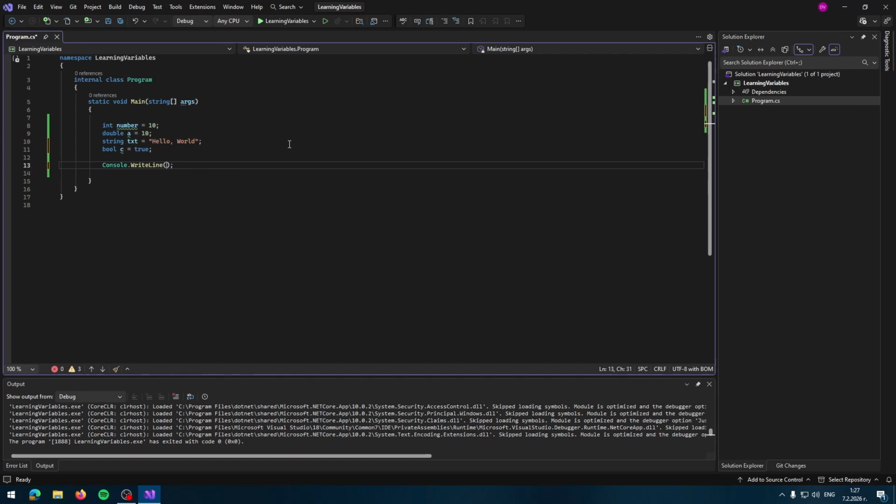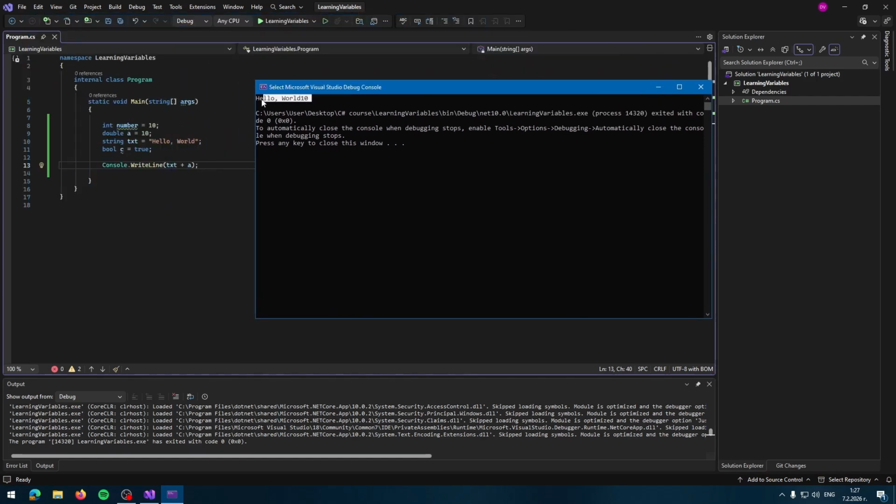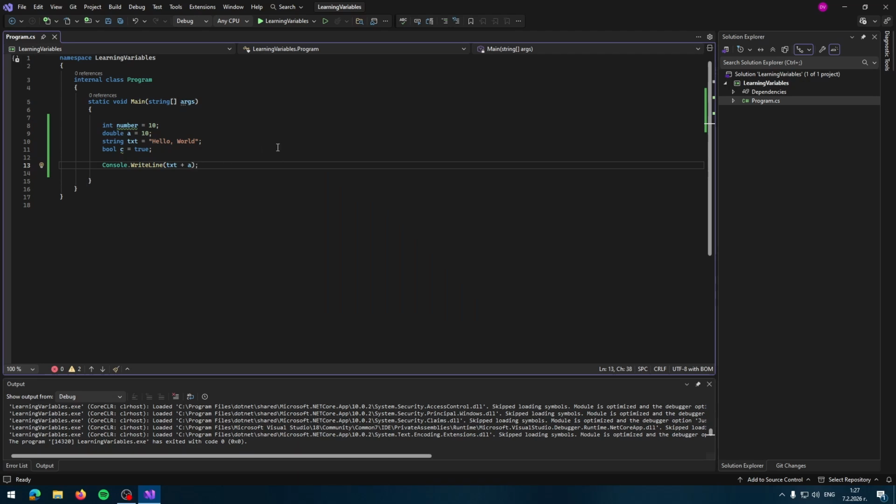If I maybe try to sum text plus the variable a, just look at what it will print us. It doesn't make the summing, it doesn't add them up, because you can't add text to a number. Or the other thing we can do is like this. Let's say that this is 330. This thing here is